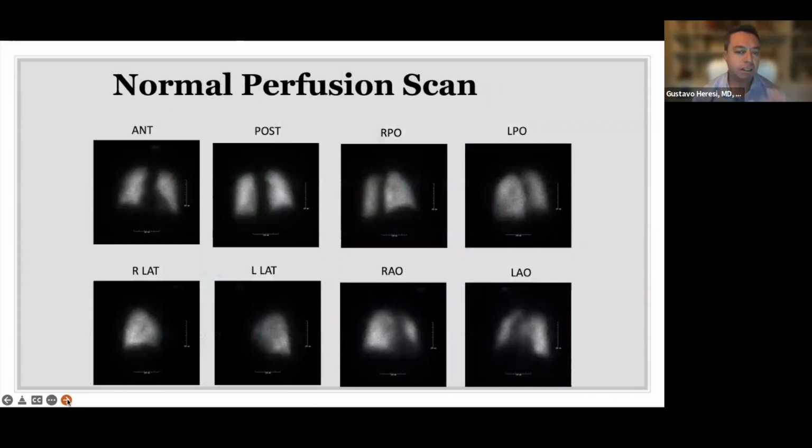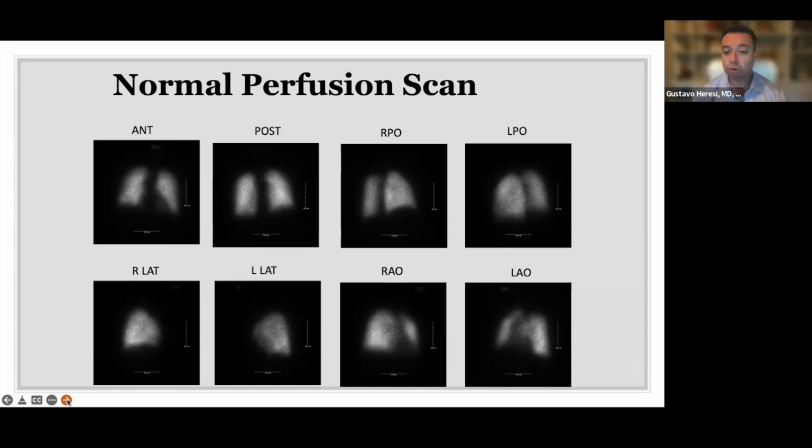All right, so now I'm going to show you a few examples of how the testing looks, and I'll explain what they are. The first test, and the one that you will hear over and over again, is the so-called VQ scan, or the ventilation perfusion scan. This is a nuclear medicine test. You get injected a substance that emits a signal that we pick up with cameras, and then we create this image that I'm showing you there. This is the key part, actually, the perfusion part. This talks about blood flow.